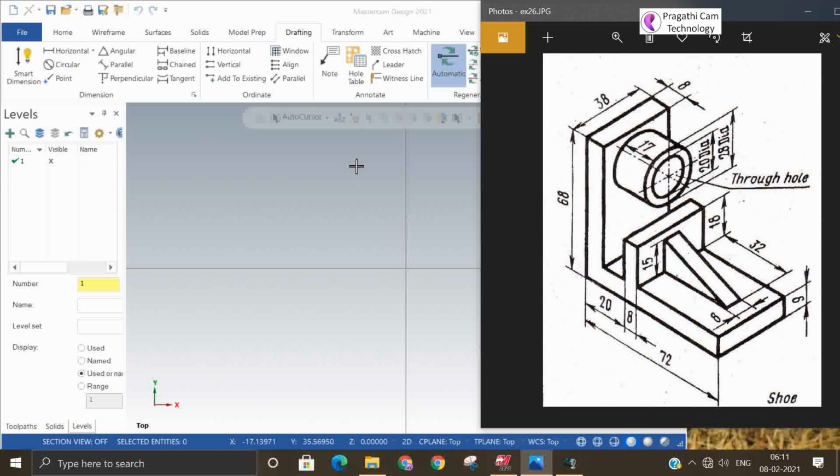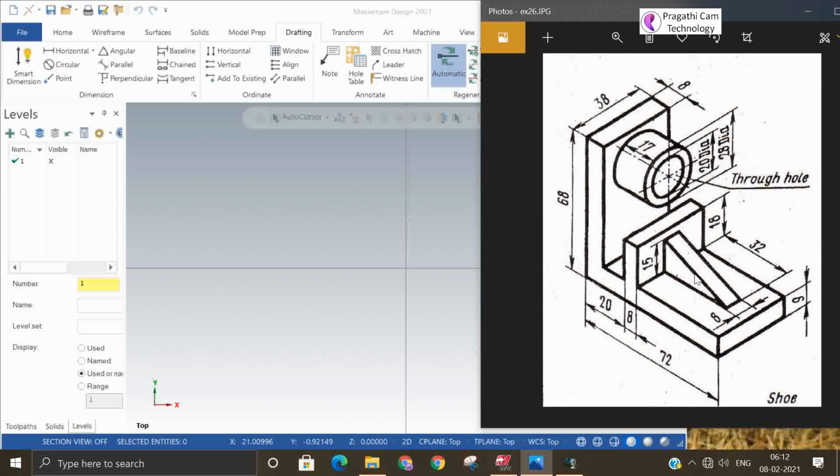You can see any product in the world, and you can observe one base feature or base shape. First you need to understand that. In this model, the basic shape is the F shape. To this, one circular boss and one triangular rib are added.